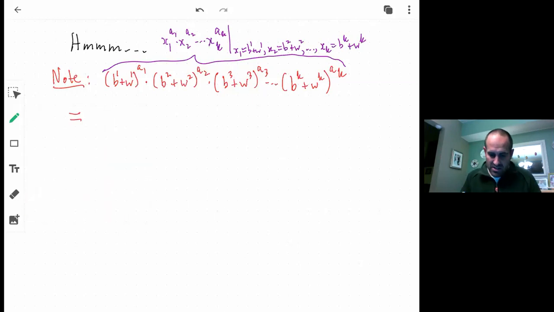Now watch what happens when I expand this. The binomial theorem says that that first thing is what? Well, it's a1 choose 0, W to the a1,